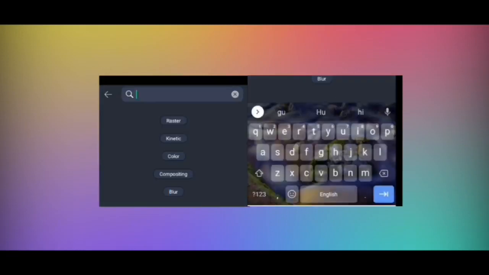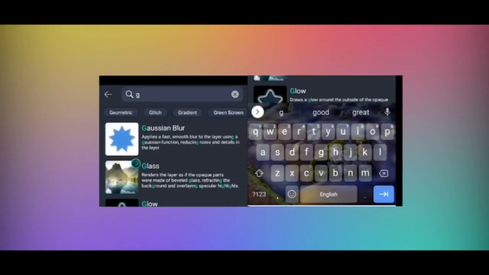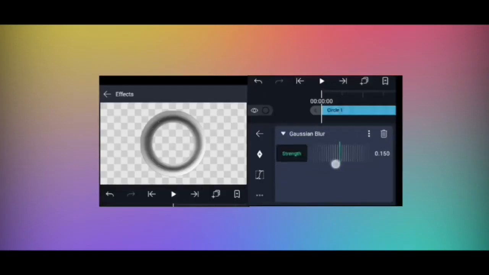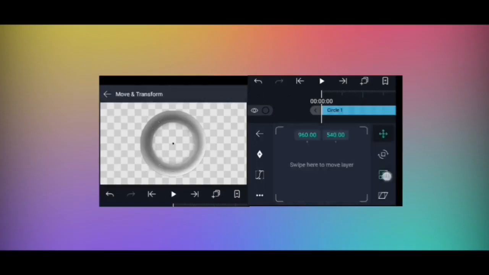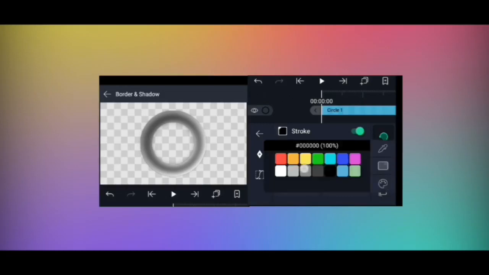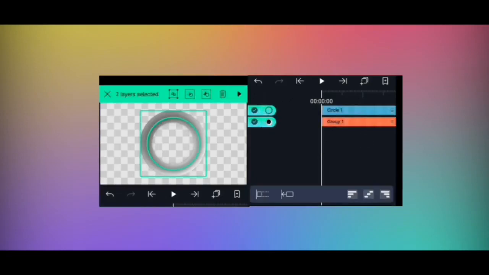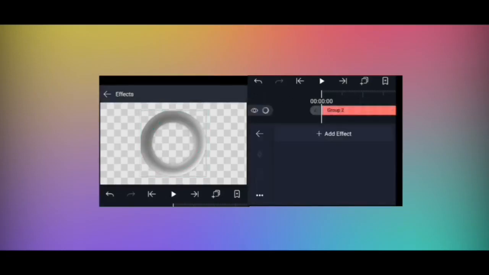And again add Gaussian blur, and increase strength around 380. Then increase the shape size. And set stroke around 50 and change the color to gray. And group them. Now go to effects